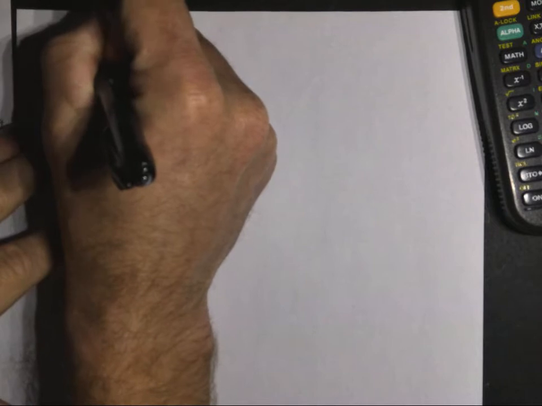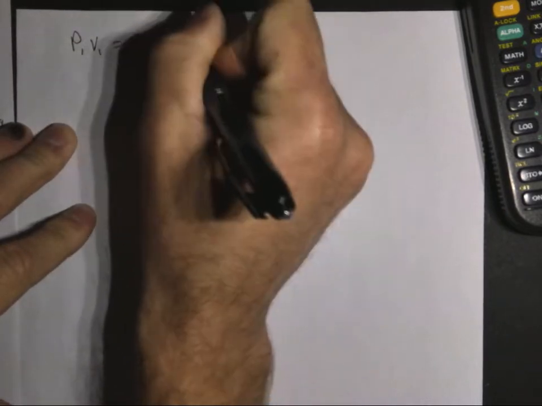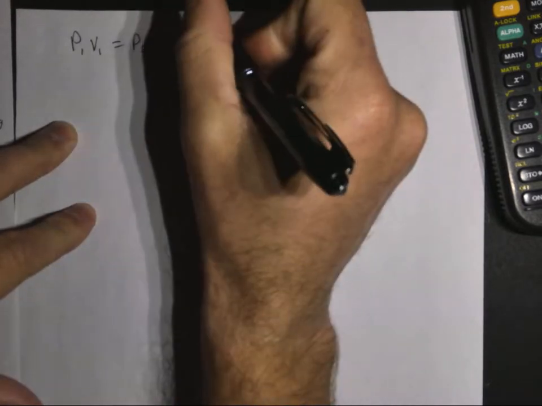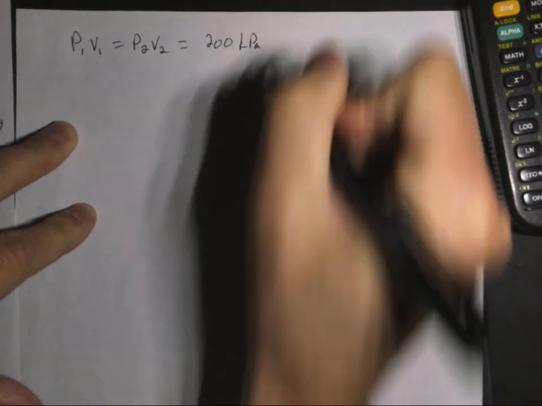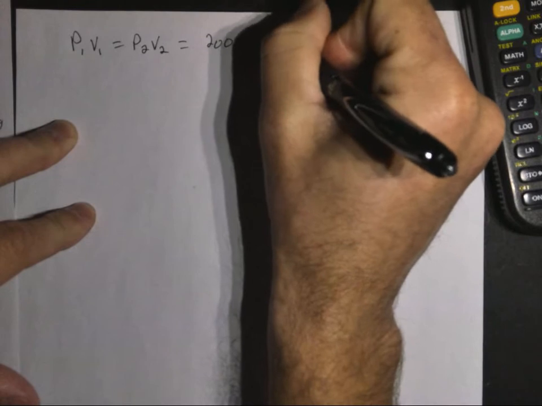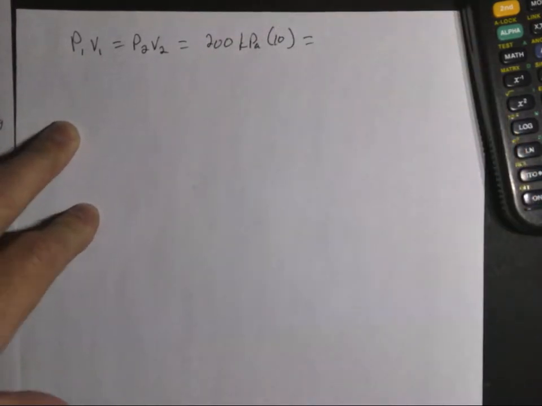We do P1 V1 equals P2 V2, and then we're going to plug in our numbers. So our first pressure is 200 kPa. Our first volume is 10 cubic feet, and we know that that equals